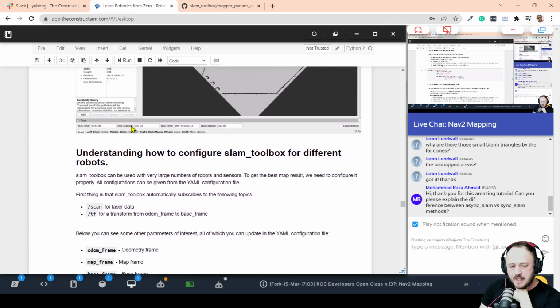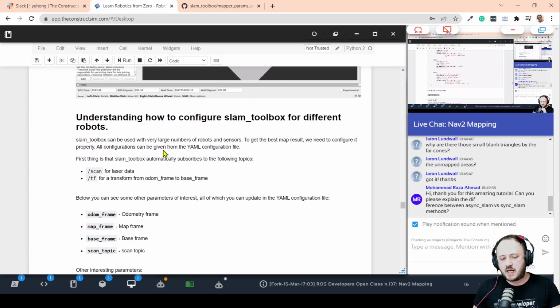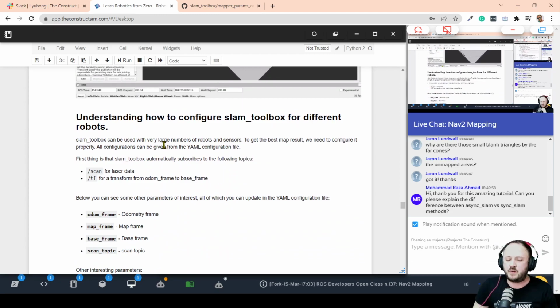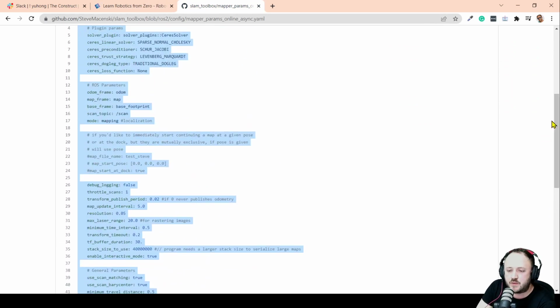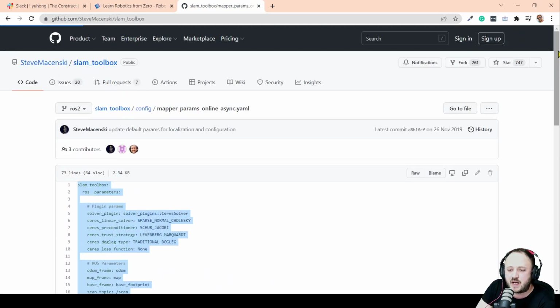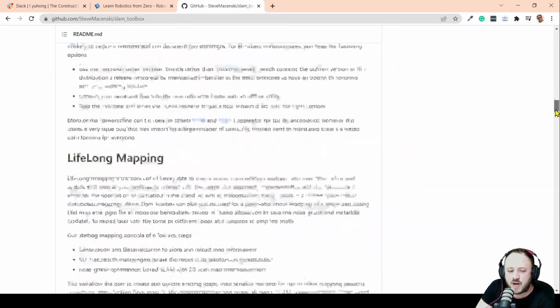Okay, so here we have a quick question, which is about understanding how to configure SLAM Toolbox for different robots. There are some things that we need to know. Of course, we can configure many parameters from SLAM Toolbox. If you come here to the default repository, you can have a look at all of the parameters down here